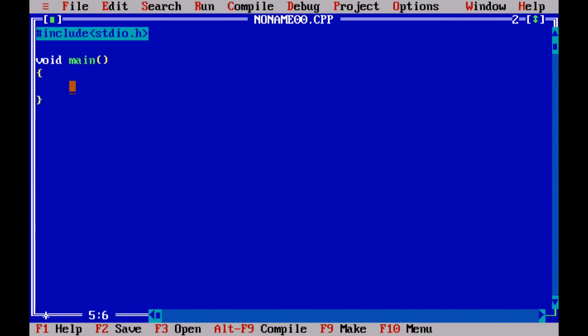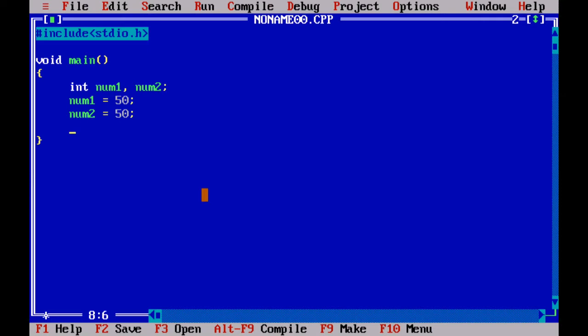Inside the void main, I'll declare two variables, int num1, num2, and I'll assign the values num1 equal to 50 and num2 equal to 50.